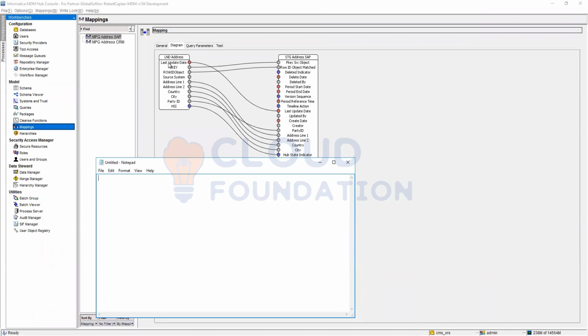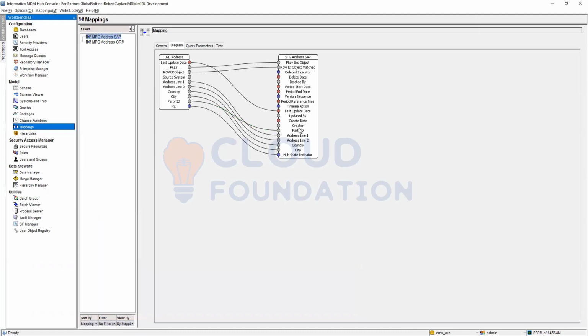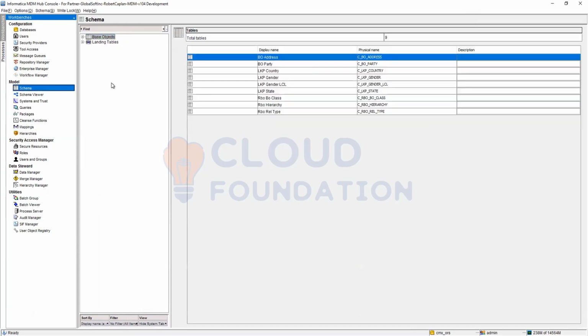Okay. And over here, this party ID will go in as the primary key source object, which we are trying to relate, and that will go into the staging and the configuration which we created for the staging table and address,